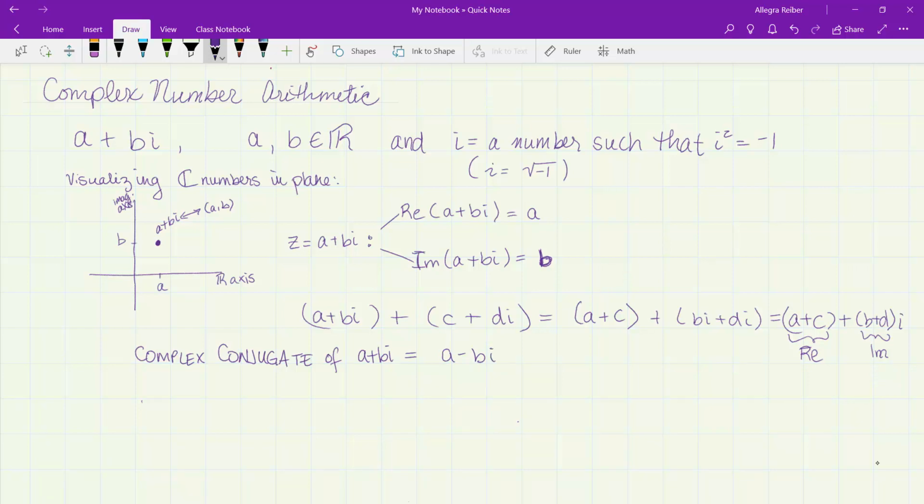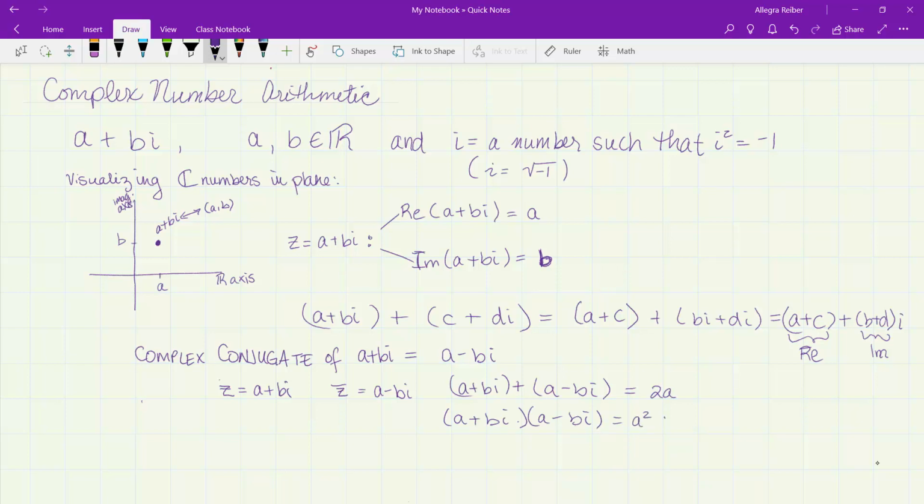And very typically, we'll use a bar to indicate this. So if we have a number z that's denoted by a plus bi, then sometimes we'll use a bar over it to denote the complex conjugate. And what you'll note is that if you add a number to its conjugate, you do get just a real number left. Also, if you multiply a number by its conjugate, this is going to become a difference of squares,